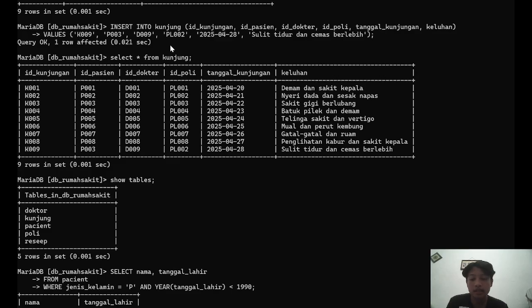Then ID doctor and ID poli show which doctor and department handled the visit. And then the visit date is April 28, 2025. Then the complaint or keluhan is recorded for medical reference.